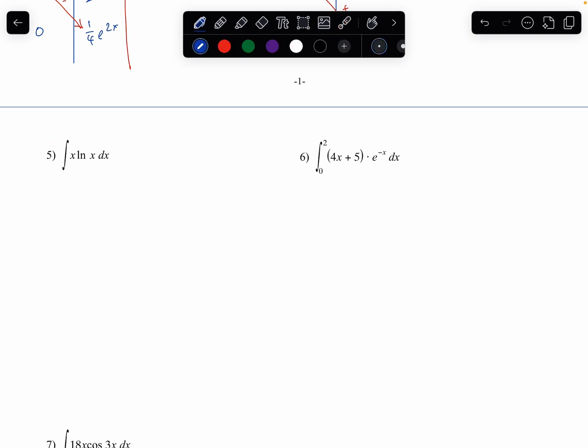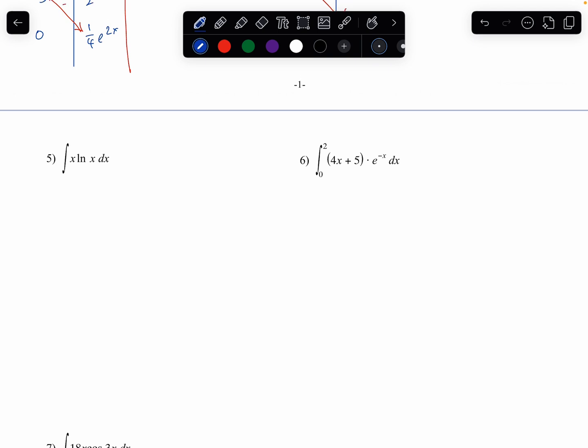Okay, here, I think I'm not gonna do tabular method here. So we're going to do u as the natural log of x and x dx as dv. So u is equal to the natural log of x, which means du will be equal to 1 over x times dx. And then dv is equal to x dx, which means that v is going to be equal to